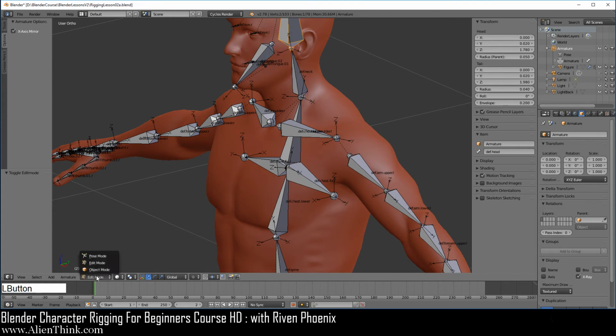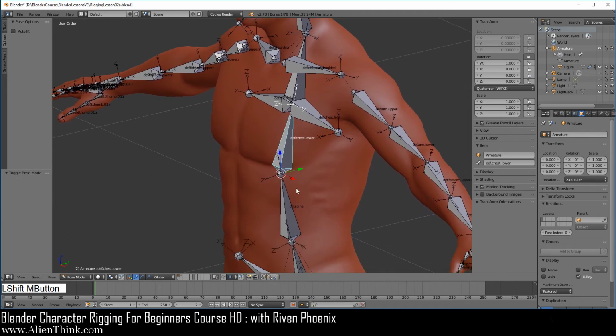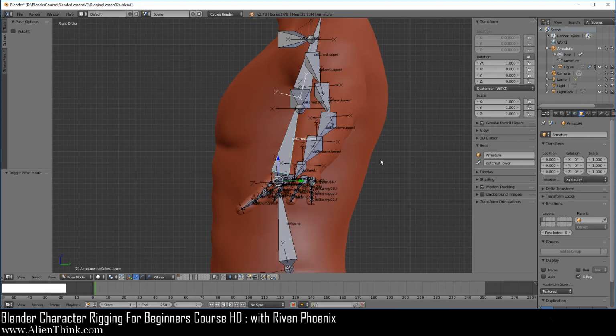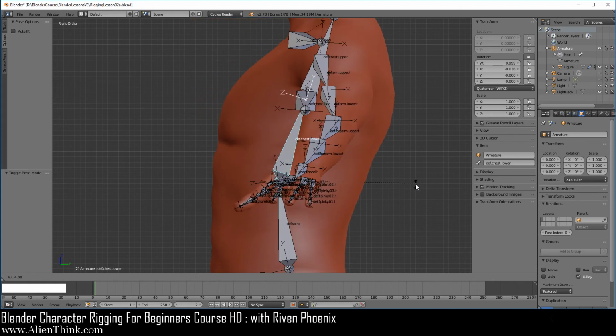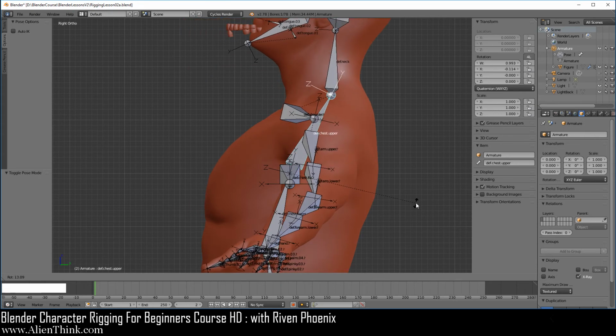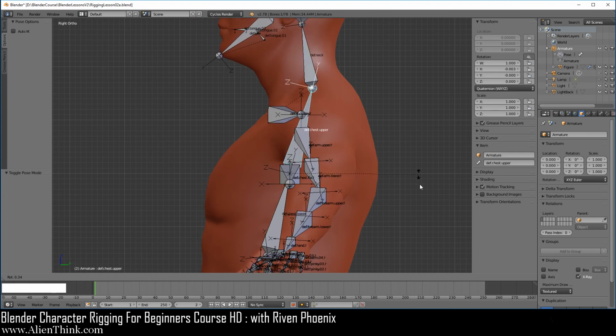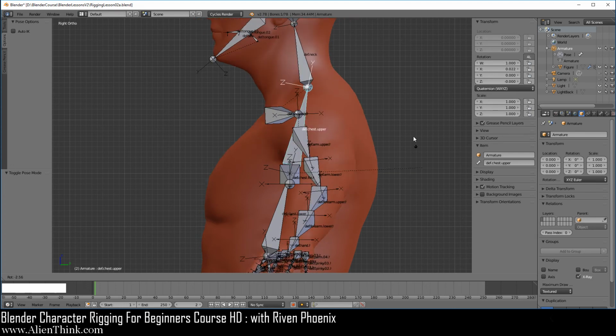Okay, so now if we switch to pose mode and we click over here, because we've already checked this bone, you can see that the Z-axis is pointing to the left. If we press the 3 key, this is correct. Press the R key, you can see that this is the major movement and this is the minor movement, right? Now let's go ahead and click on this bone. The Z-axis is pointing to the left. Press the R key, major movement and minor movement. Now this bone is actually not going to be used that much because the upper chest is not actually going to rotate like this.